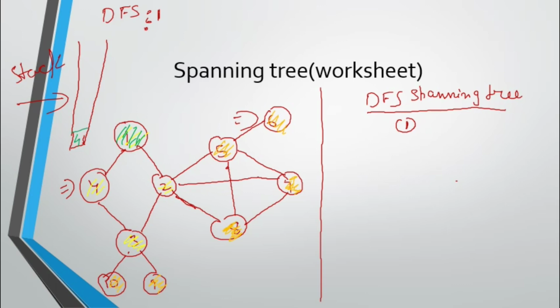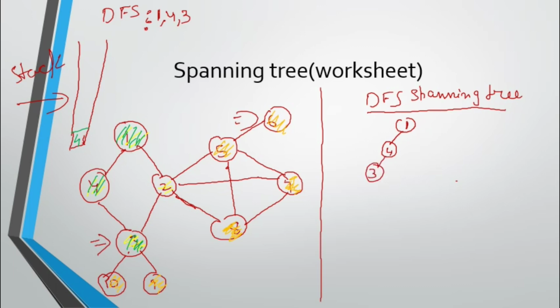Now, after 4, where to go next? 4 is visited now. And one more thing, from 1 you need to draw a tree. We are understanding the tree here. 1 to 4. Now from 4 I am going to the next vertex. I can go to only one vertex, that is 3. So I'll simply mark it and update there. From 1 I had gone to 4, now I have gone to 3, and I will update the pointer.